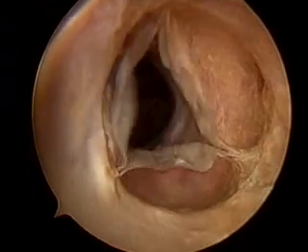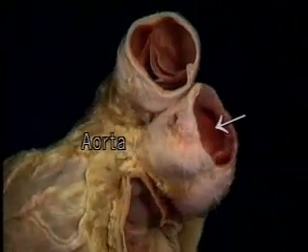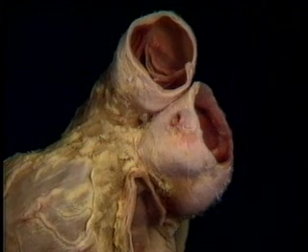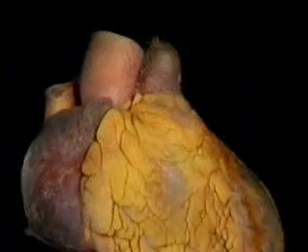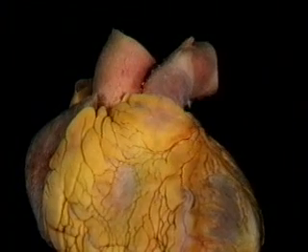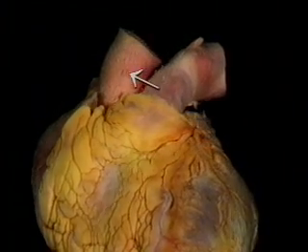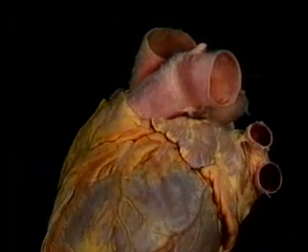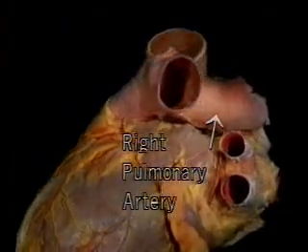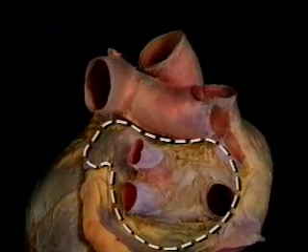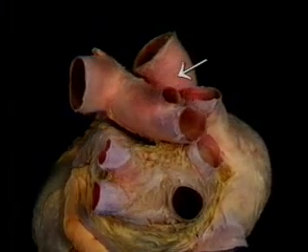Now that we've seen the outflow valves, we'll move on to look at the two major outflow vessels, the aorta and the pulmonary trunk. To see them, we'll go to a more intact dissection. The pulmonary trunk passes backwards to the left of the aorta, then divides into the left pulmonary artery and the right pulmonary artery. The right pulmonary artery curves around above the left atrium, passing behind the root of the aorta